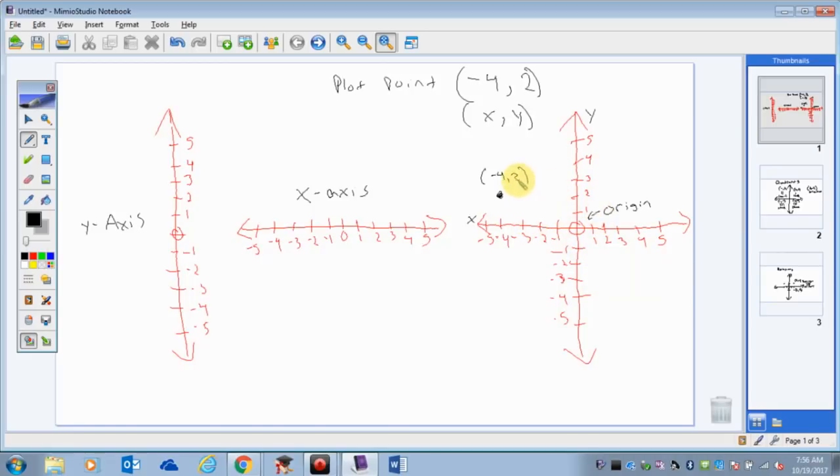If I said to reflect this over the x-axis, it's going to cross over this horizontal line because that's your x-axis. I'm up 2 here, so I would go from the line down 2, and it's going to stay the same distance away from left to right. So it would be,